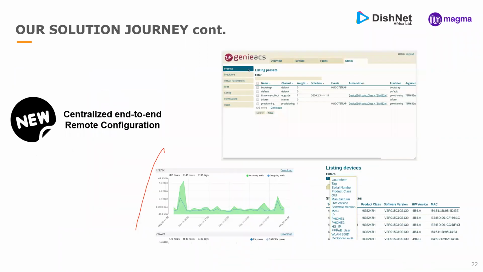Right now we are having some challenges handling end-to-end remote configurations centrally. Magma is working on centralized configuration tools, but we are also trying to do our own research.